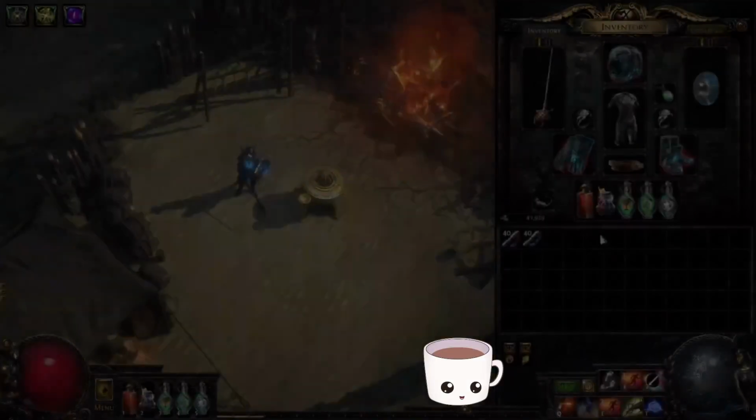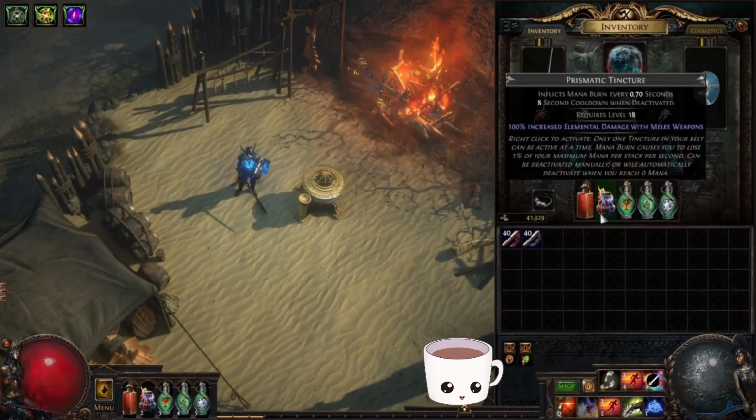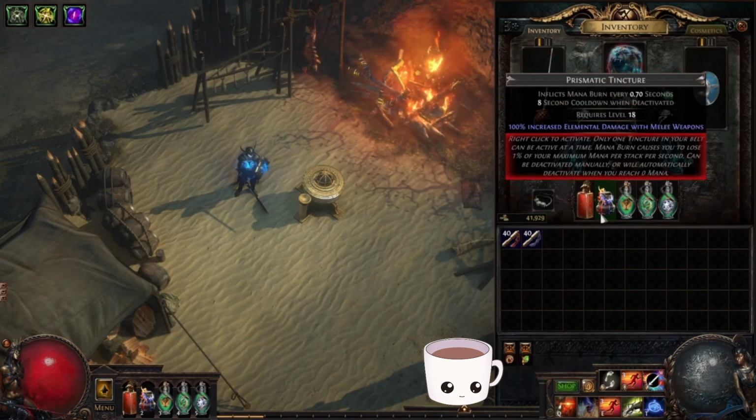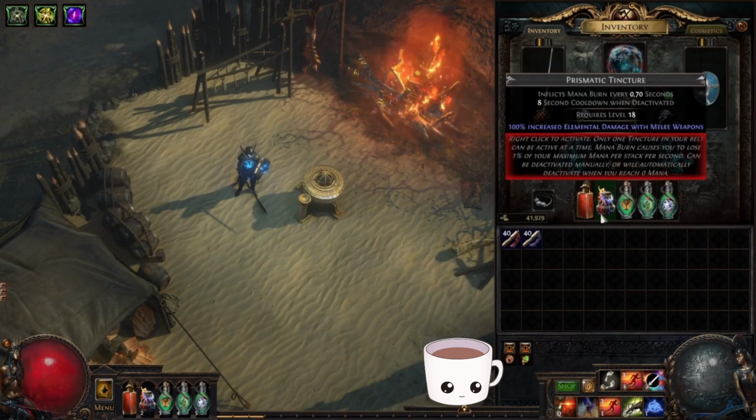Okay. Here is a prismatic tincture. This one increases elemental damage by 100% while active. You'll notice it has two extra effects. One is that it applies mana burn every second. Mana burn is a debuff that builds up while tinctures are active that causes you to lose mana, losing more